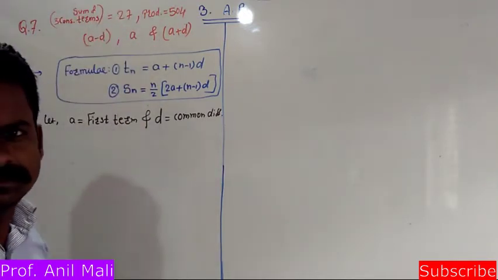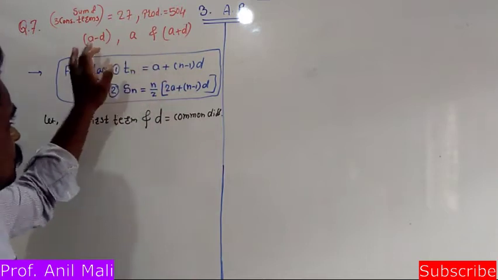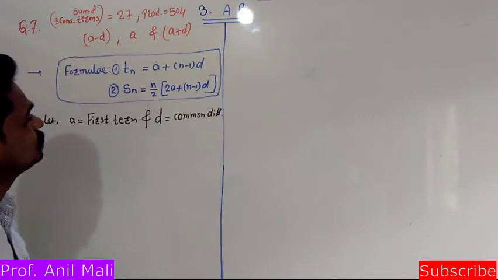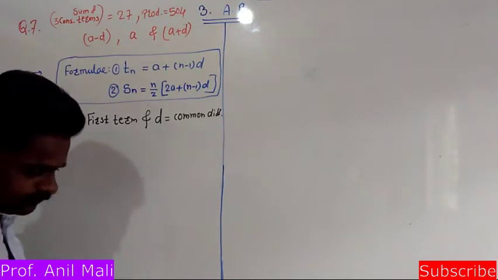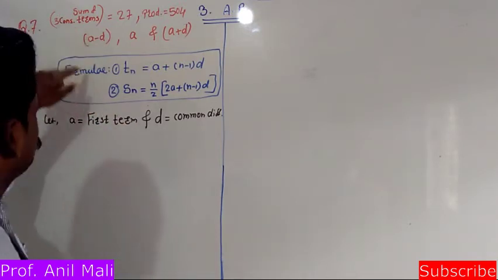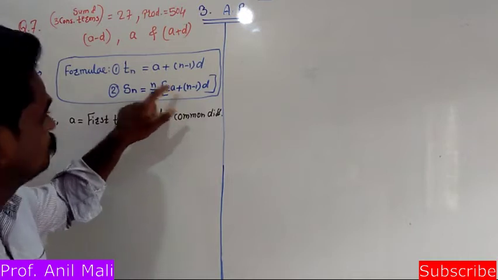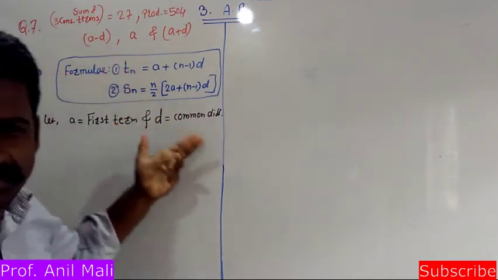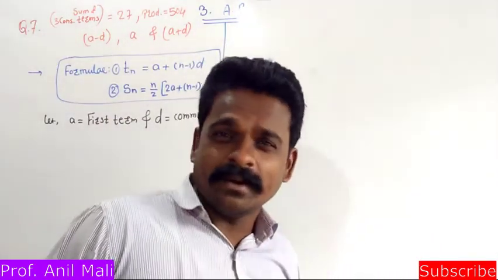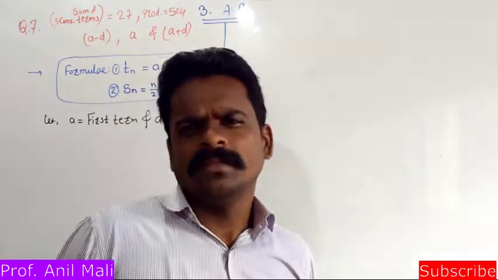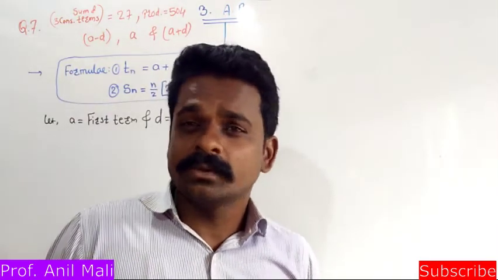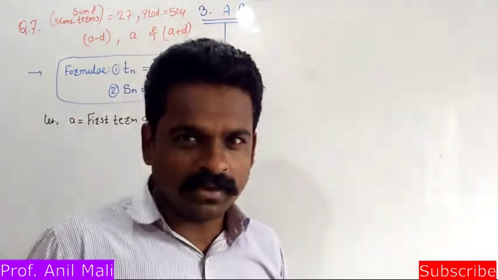So find out those 3 terms, means the first one, second one and third one. We need to find out. Here again, the sum of a few terms they have given us, that means we have to use this formula number 2. Formula number 1 we don't want, because they are not talking about any specific term, like 27th term, 50th term, 100th term. That's why we are not going to use the nth term formula. We are going to use here only the Sn formula, sum of first n terms.